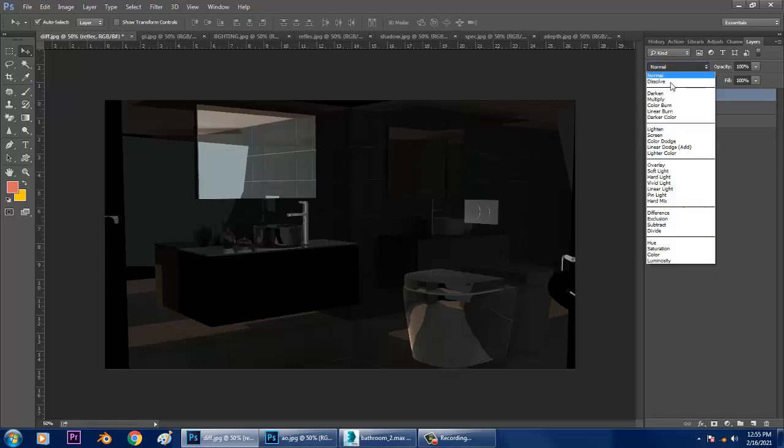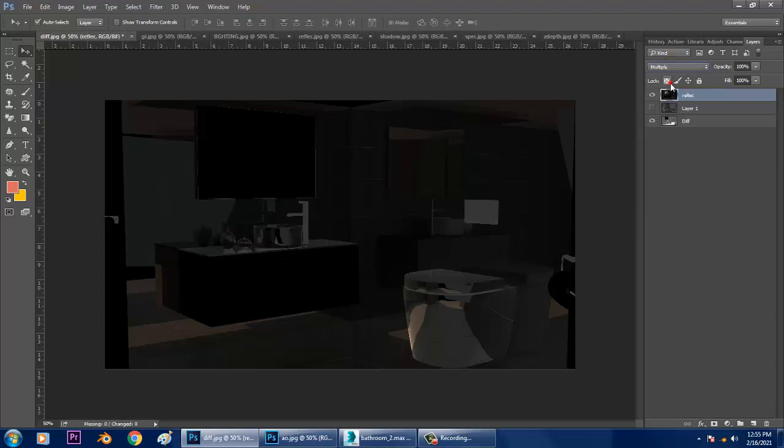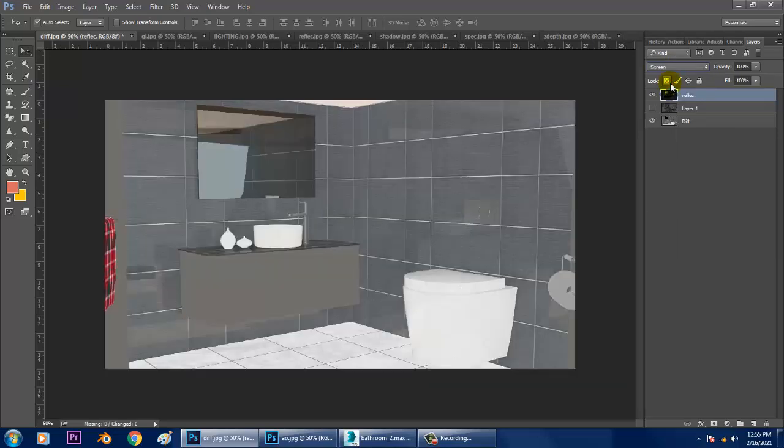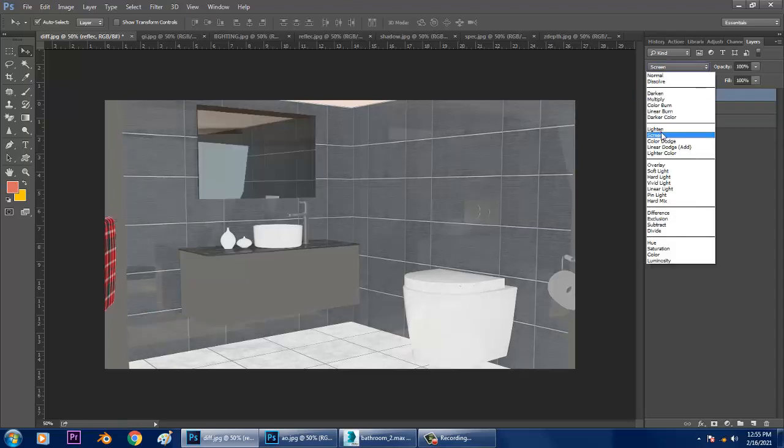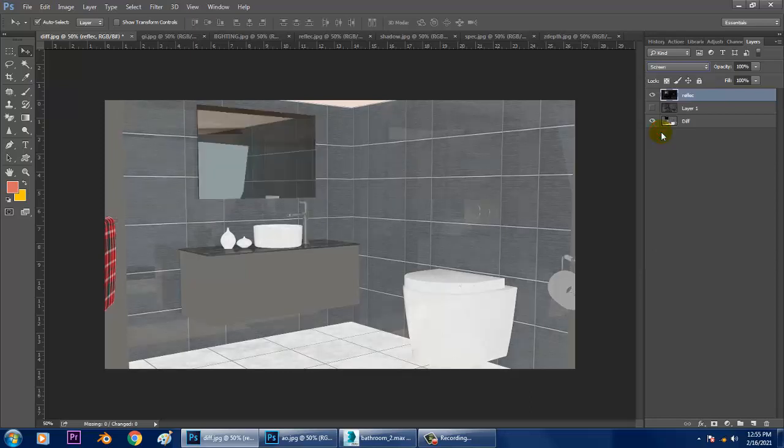So let's change the blending mode. So we can go with any of it.